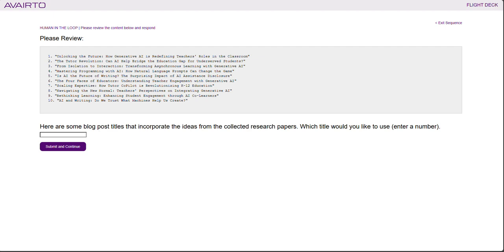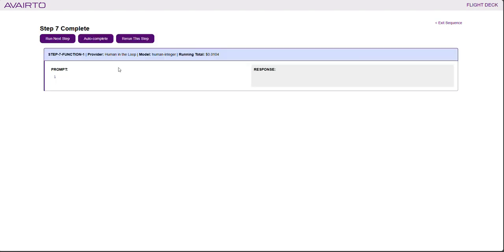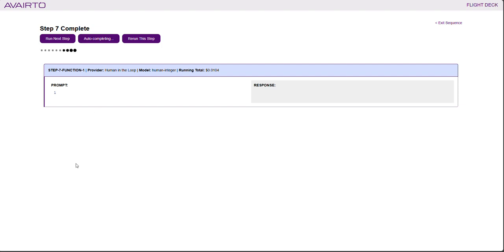So now it pauses for me, as the user. This is the human in the loop step. And I can review these ideas and select the one that I want to move forward with. So let's see, let's do number 7, scaling expertise, how Tutor Copilot, well actually let's do unlocking the future, how generative AI is redefining teachers' roles in the classroom. So I'm going to just say that's number 1, so I'll say number 1 and go back to autocomplete,